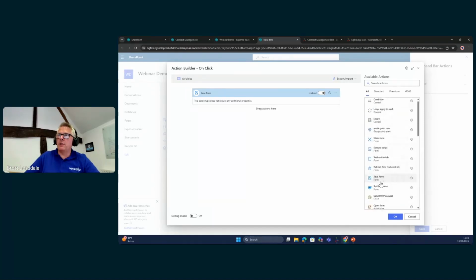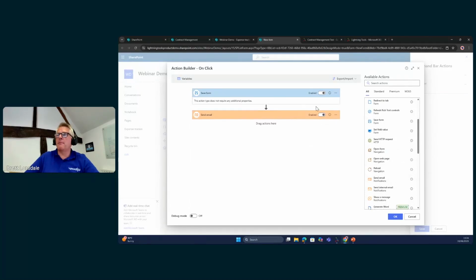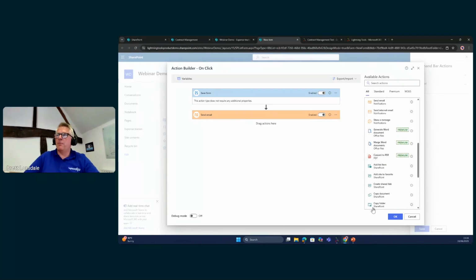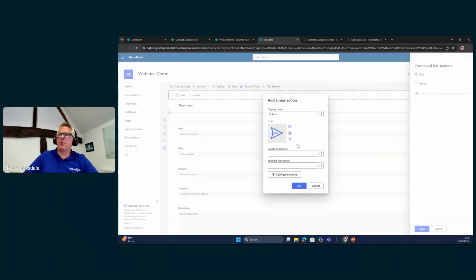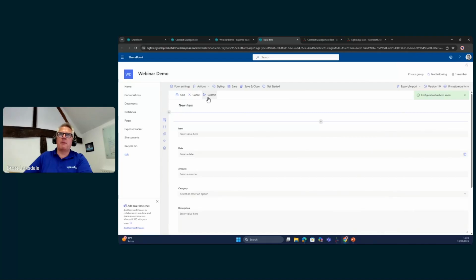So we're just going to double click onto that. I'm not going to fill all these out in the interest of time, but we have got a send email action. And notice we can also do things like generating Word documents, converting to PDF as well, and also moving documents around and things like that. So just sort of showing you the plumbing at this point of what we could do. I think I'll get away with it. Oh, we'll get away with it. Okay, no, that's fine. Okay, so we've got now a new submit button, although that button will probably break if